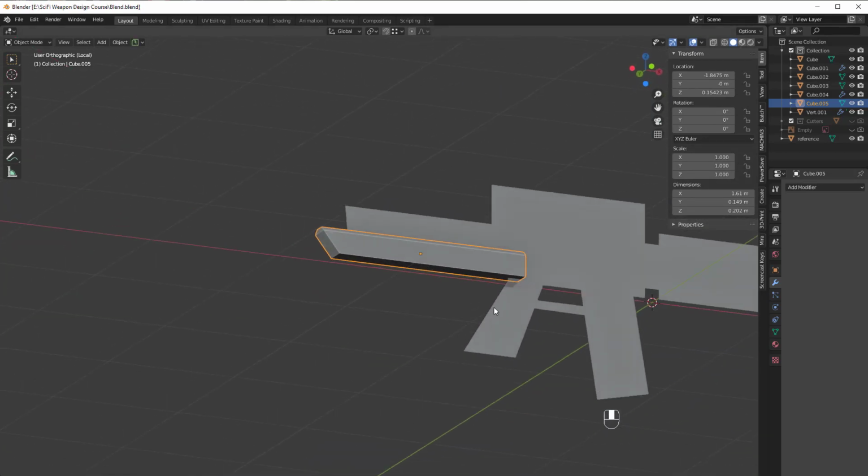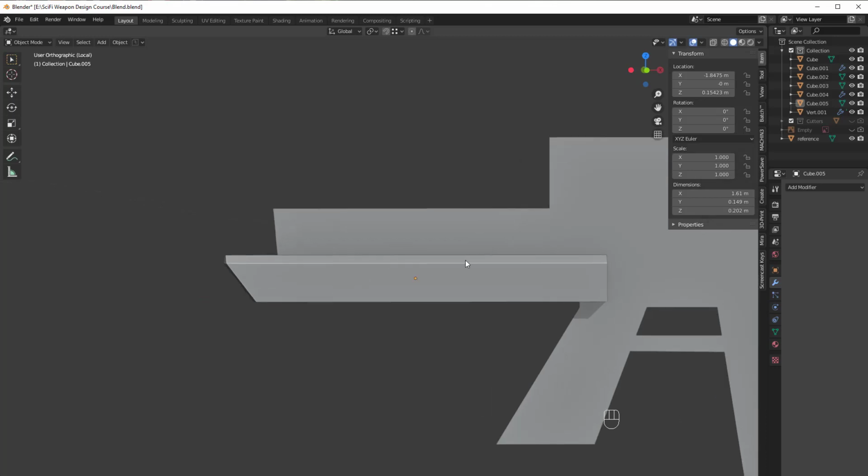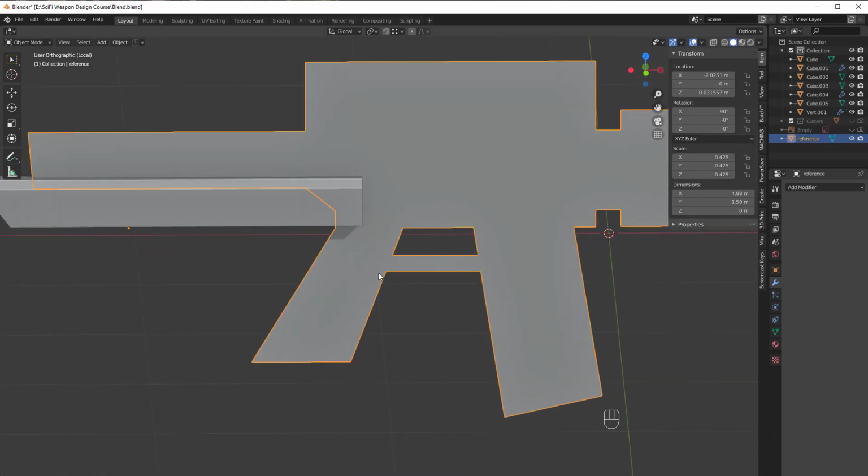That's just going to be maybe a temporary design until I decide to really get in there and make it a little bit more detailed. I think that's okay. The next thing I'd like to do, I want to separate both the grip, the magazine,